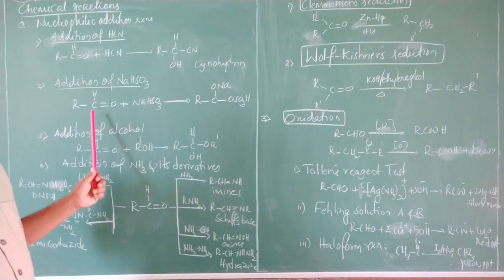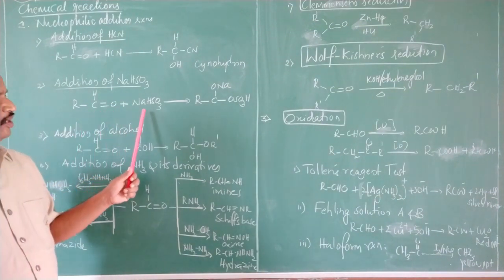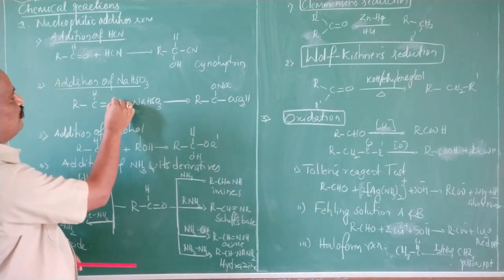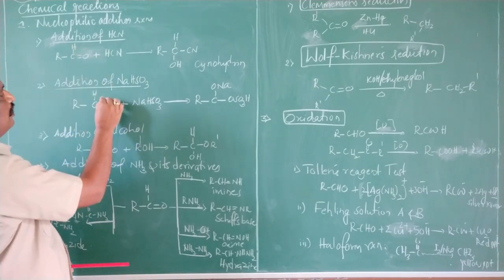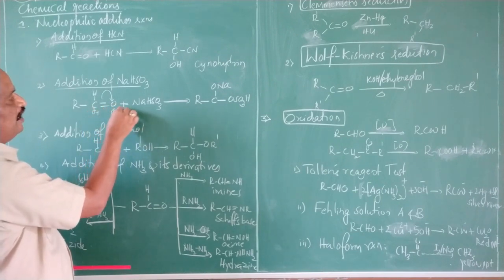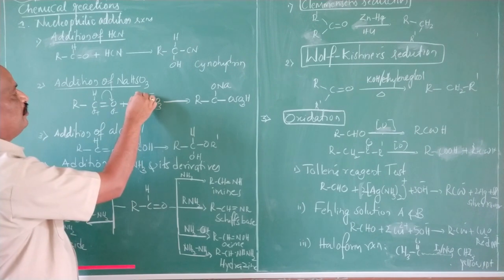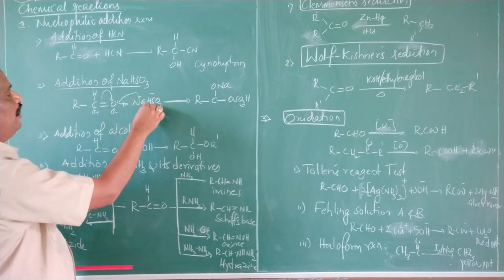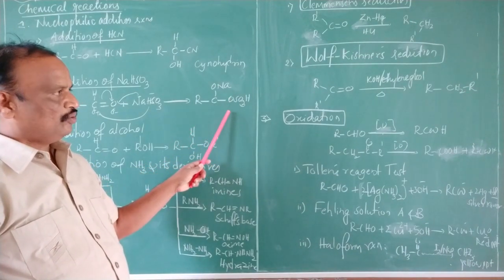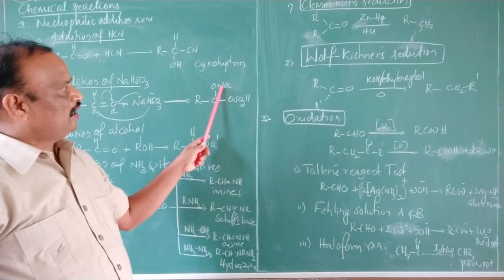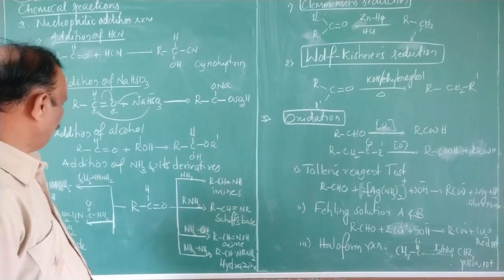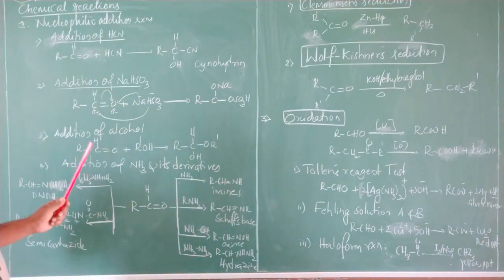Similarly, when an aldehyde or ketone is treated with sodium bisulfite, addition takes place across this bond, so that this is slightly positive and this is slightly negative. The SO3H part is negative, Na+ is positive. It will add here and here, so that you get an addition product. Then this undergoes rearrangement, so that Na will shift here and H will go here. A sodium salt of an acid is formed, as an addition product.